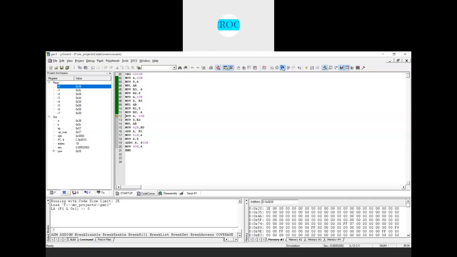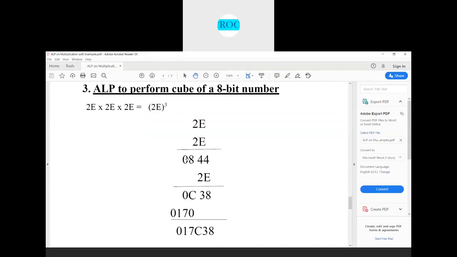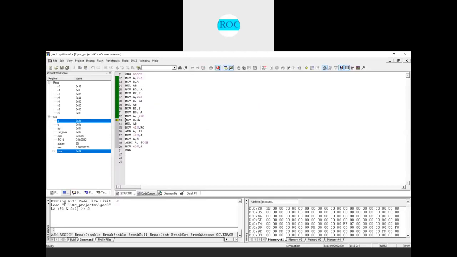Next again I will load 20H into accumulator. Right. Now what do I need to do now? 2E needs to be multiplied with 0, 8. So where is 0, 8 which is stored in R2 register. Now I'll move that content into B register here. Multiplication AB. Now whatever is the result, this 38 I'll move into 42H. Add A comma of R1.